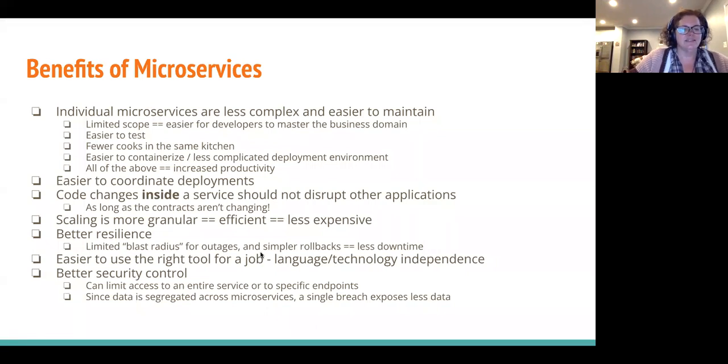And last but not least, security. Microservices can be secured more easily because you can limit access to the entire service to users and systems that are supposed to be there and just not even let anybody get through the front door if they're not. And, you know, obviously we don't want breaches to happen, but clearly you read the news, they do occasionally happen. If a breach gets into one of your microservices, you're exposing less data than if you have a monolith and they get into your monolith database and literally they've opened the keys to the kingdom.